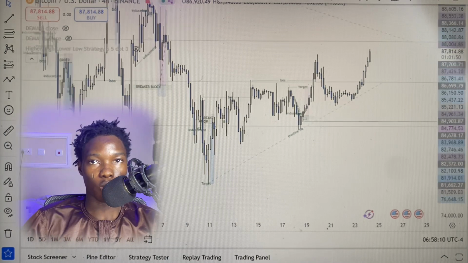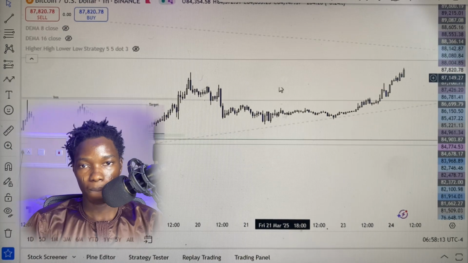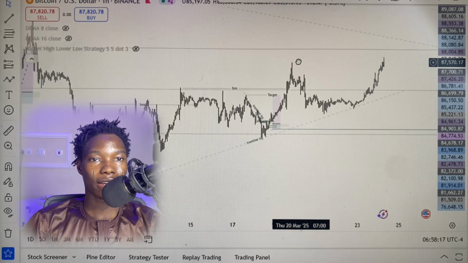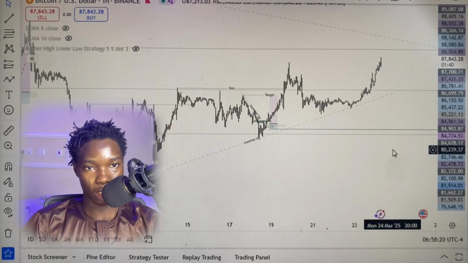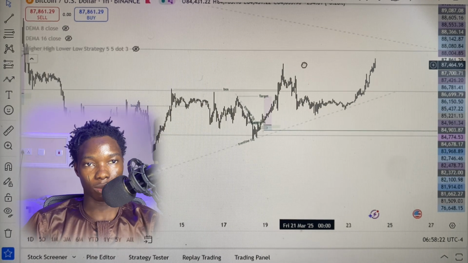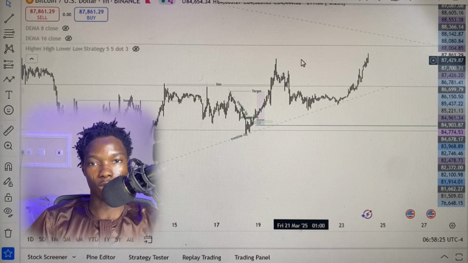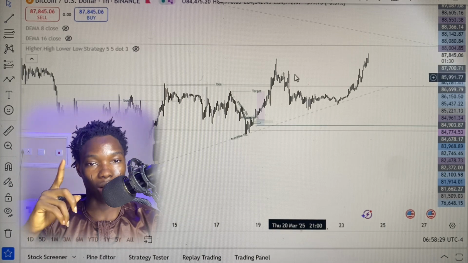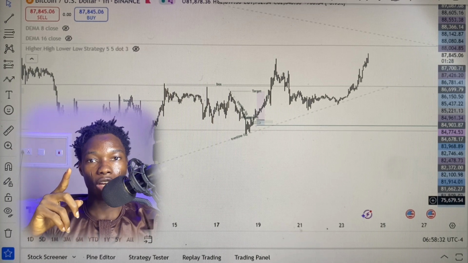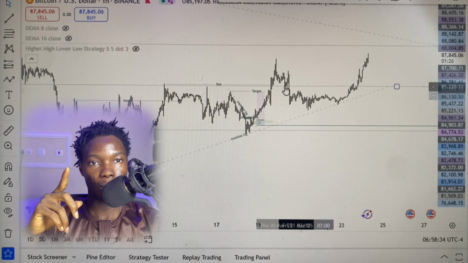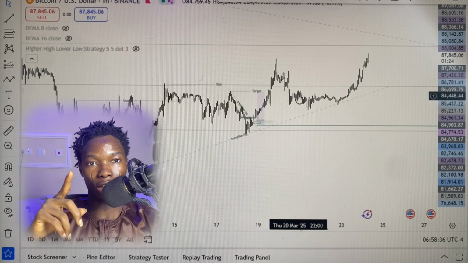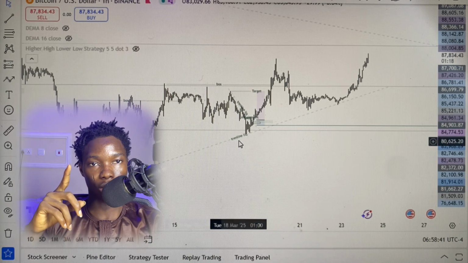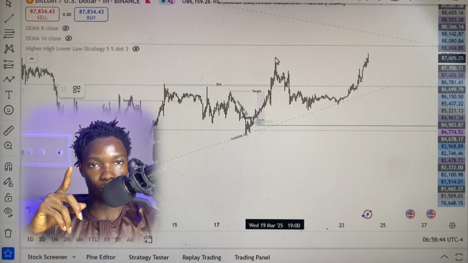So on the 1 hour time frame, I can clearly see another trend line, a trend line that is more likely to be respected than the 4 hour one. The reason I say so is that we only had two touches on the 4 hour trend line before our setup, this first touch and the second touch. But this 1 hour time frame trend line